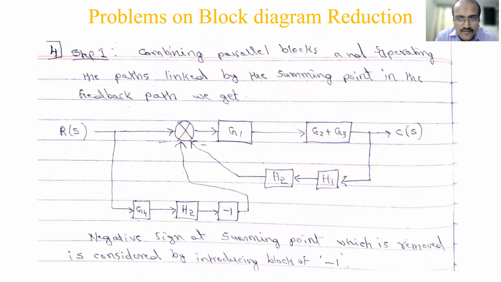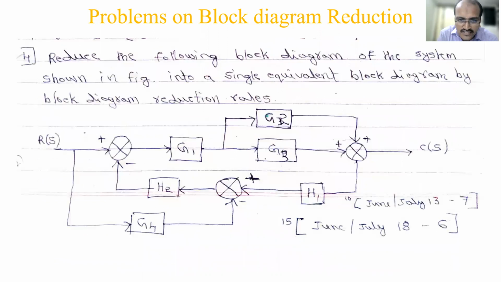I will tell you. When we are making some changes to the block diagram, the actual meaning should not go. Okay, this is the main intention. Always remember. So what is the problem given? This is the problem given. You have to reduce this problem in such a manner that the actual meaning should not go and it should follow the rules. So whatever I'm doing here is according to the 8 rules that we have learned. So accordingly we have to do it.